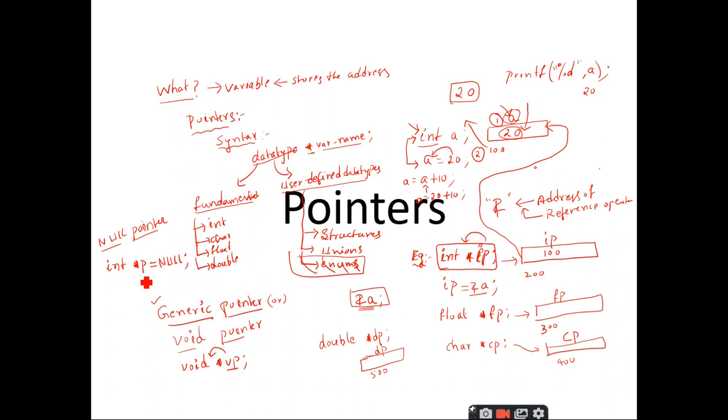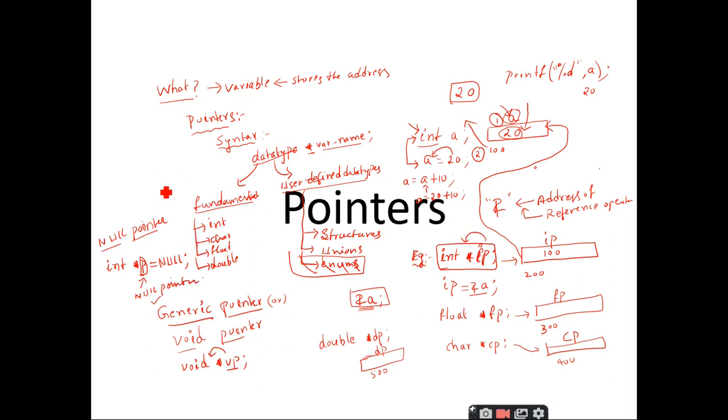Now what is p called? Of course it is an integer pointer, but since you are storing the null address inside this pointer, p will be called a null pointer. Is it clear up to this point?